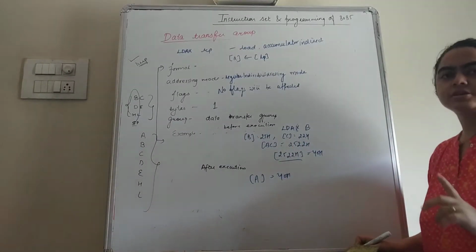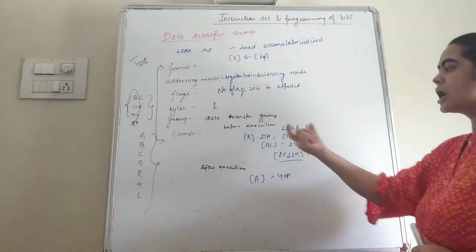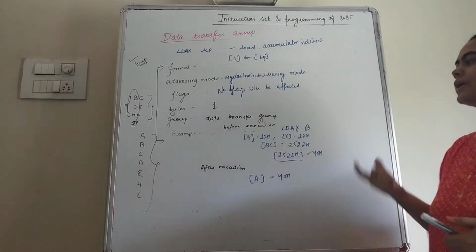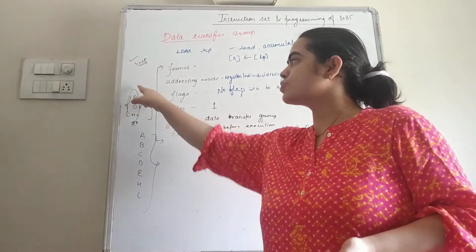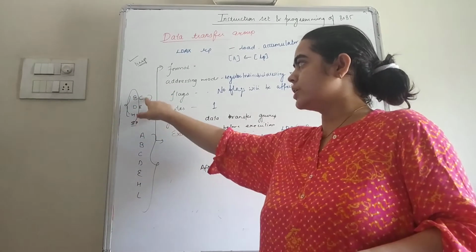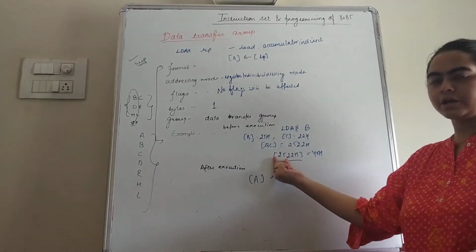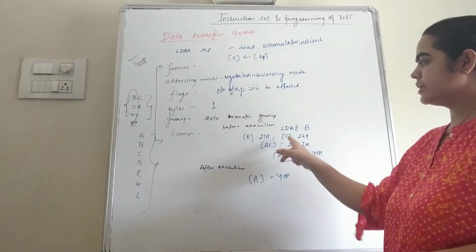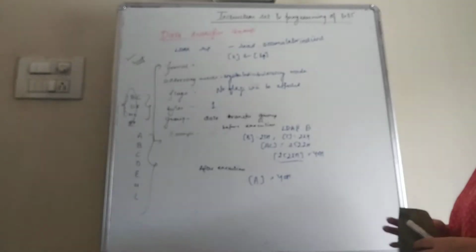Individually each register can store only 8 bits of data, but the address is 16 bits. That means the higher order byte of the address will be stored in one register and the lower order byte will be stored in another register. The higher order byte will always be stored in the B, D and H registers, while the lower order byte will be stored in the C, E and L registers. So here the higher order byte, 25, will be stored in B, and the lower order byte, 22, will be stored in C. So this is the LDAX RP instruction.